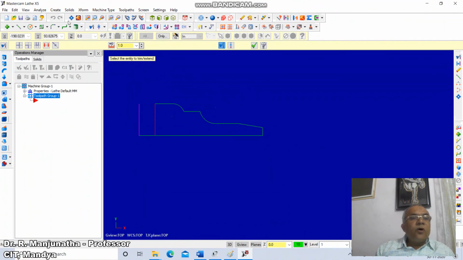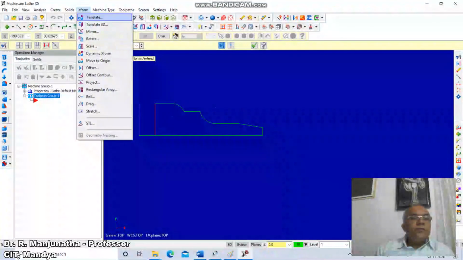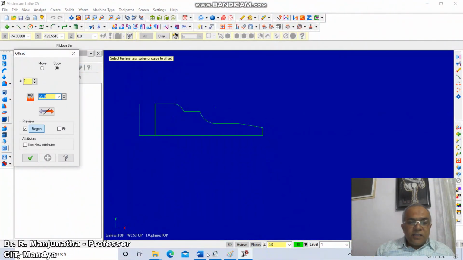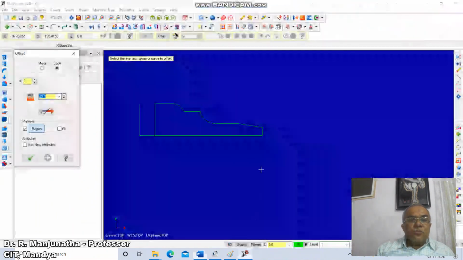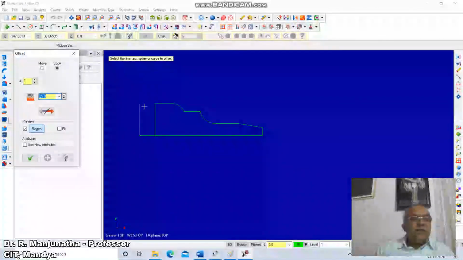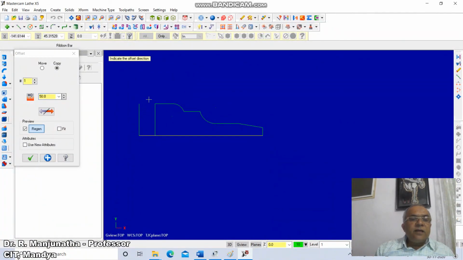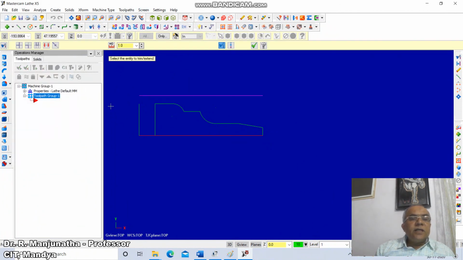from here go to offset, xform offset, the distance you want to take now is 100, so go to offset, take the distance as 100, which means 50, select this line and extend it, then here extend this line till here, then draw a line from endpoint of this to endpoint of this, then you just delete this